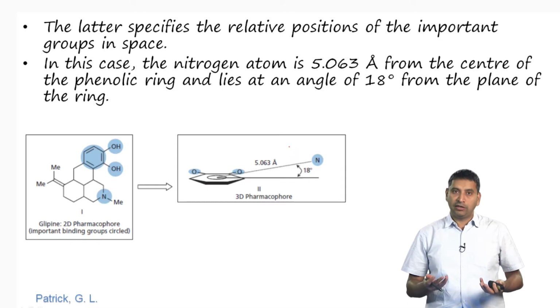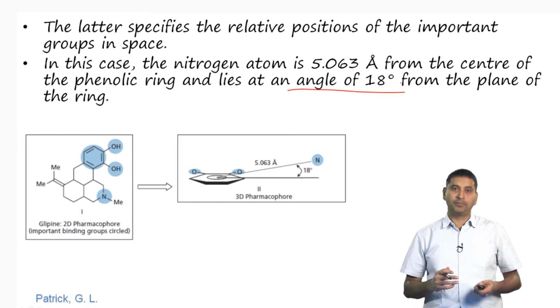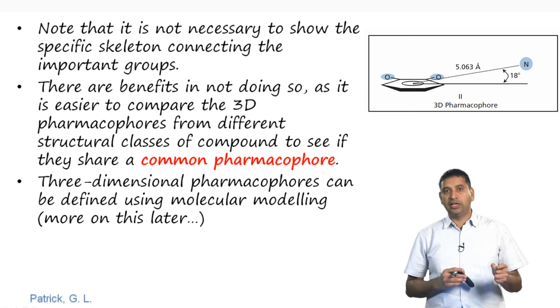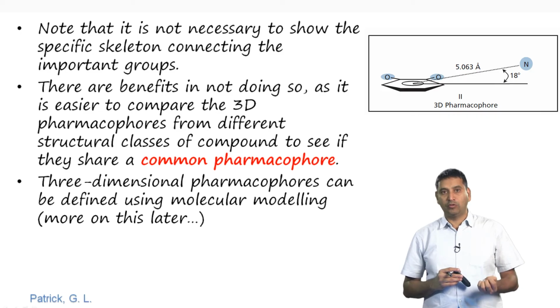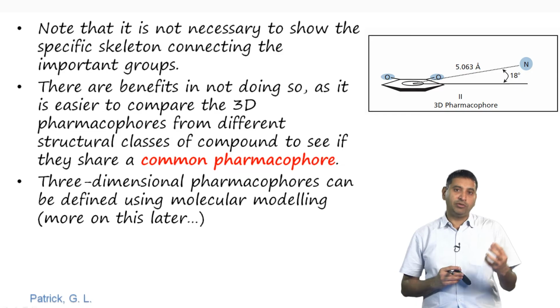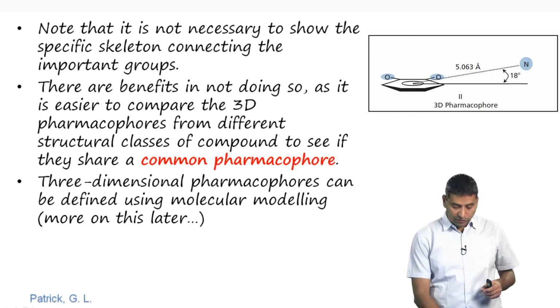So, as we looked at previously, the angle that we found was 18 degrees from the plane of the ring. So, it is not necessary to show the specific skeleton connecting the important groups. So, this is the major benefit of using 3D pharmacophores. So, then what we could start doing is to compare various 3D pharmacophores from different structural classes which share a